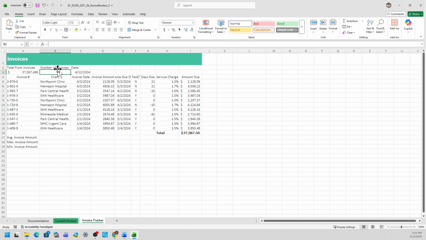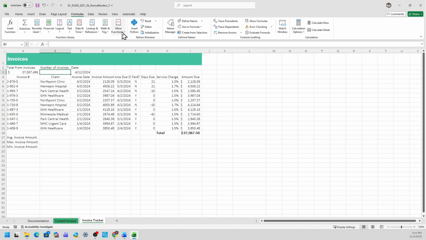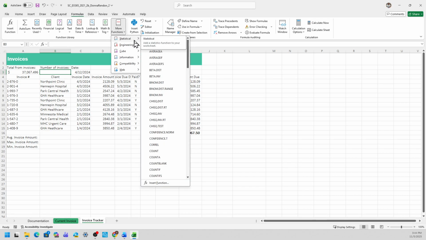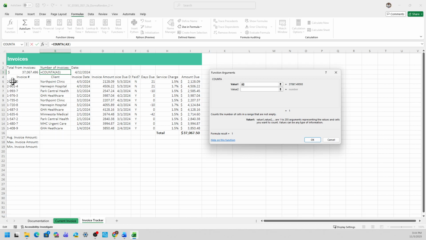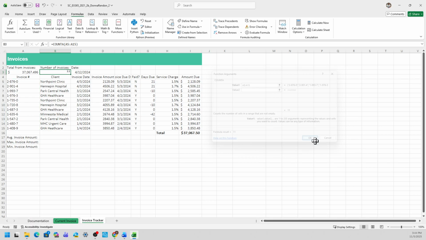Then there's two ways to do this. But first, the first one is go to the formulas, more function, select the statistical, go to the right, and then look for count A. And then select, I believe it's A5 to A15. So A5 to A15 is here, select OK, and there's 11 invoices.